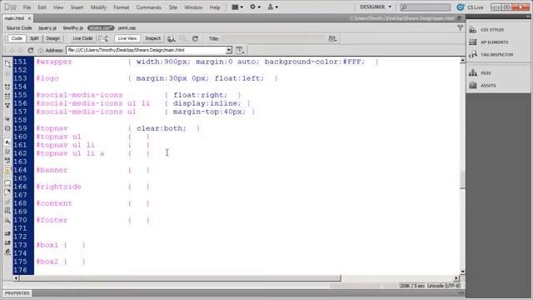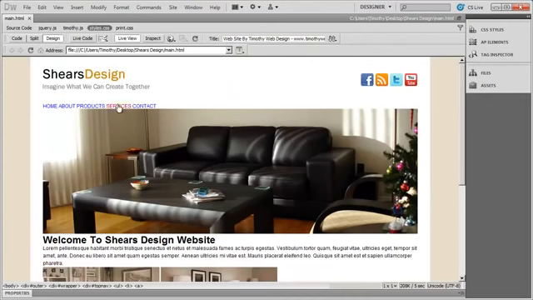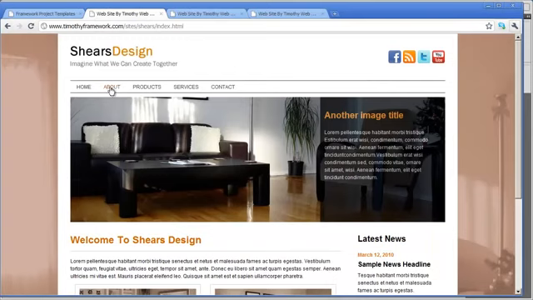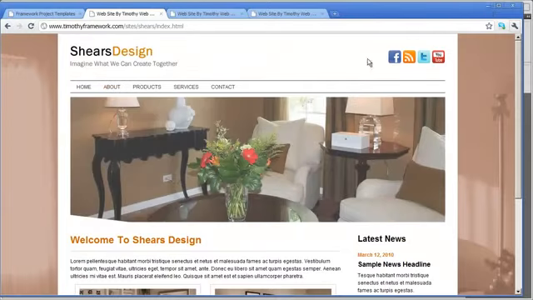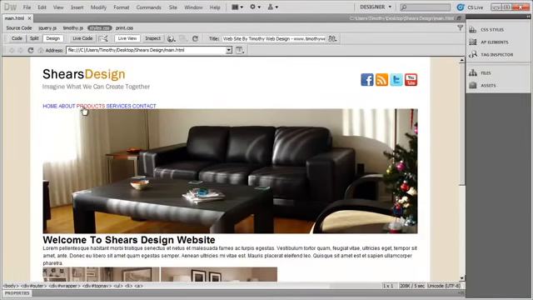So in that style, I'm going to say display inline, just like we did for our social media icons. I'm going to save that and look in design view, and sure enough, you can now see that my links are being displayed inline. They aren't finished. I still have a lot of formatting to apply to them, but at least we've got them laid out more or less